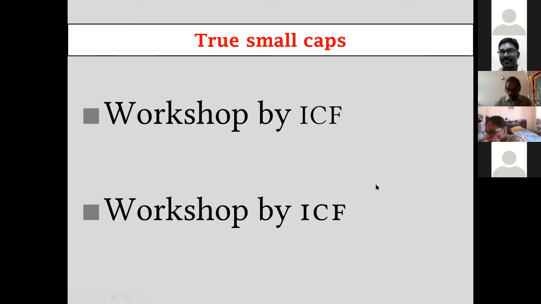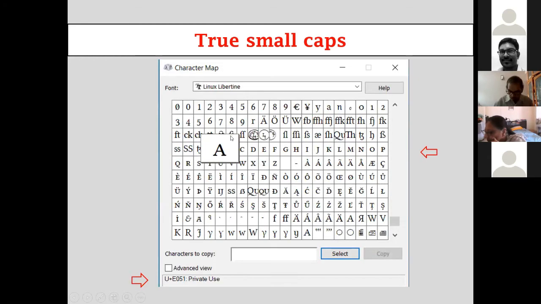You may not get them in all fonts. In some fonts you do. So how do you do that? Now you see here, Linux Libertine is one of the fonts that has true small caps, as you could see here, A, B, C, D, all the way here. So essentially what you do is you select the small cap that you want, copy and paste. Likewise, take a look at this ligature. We'll come to that in a minute. Now it's not that every font will have true small caps. If your font doesn't have it, best not to go in for true small caps at all.